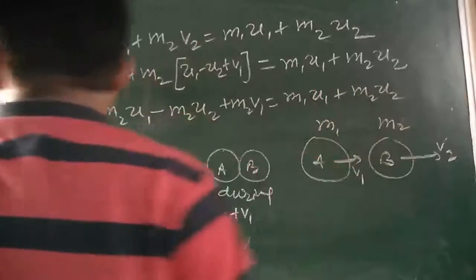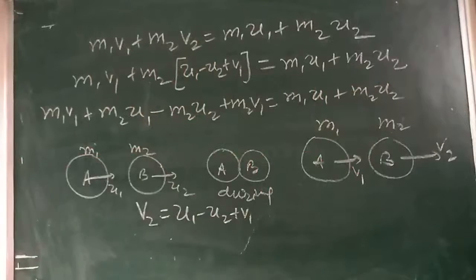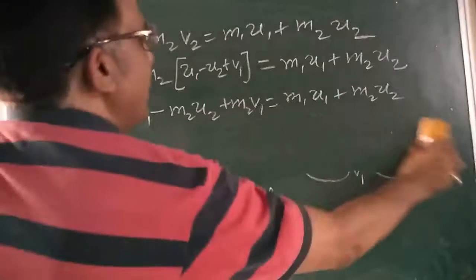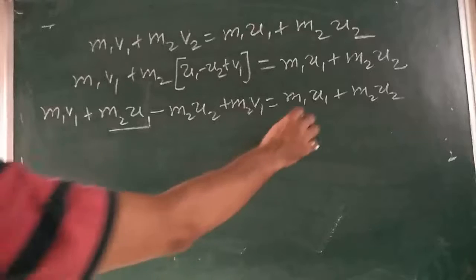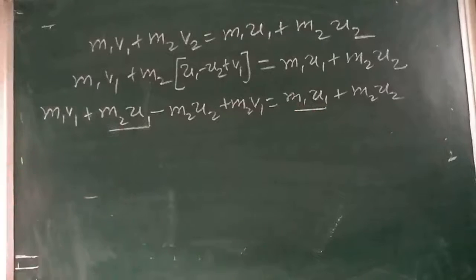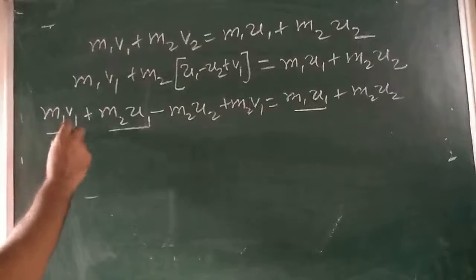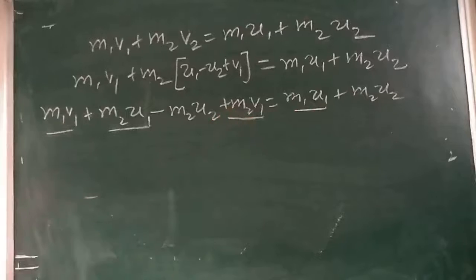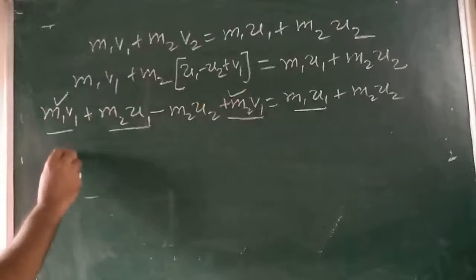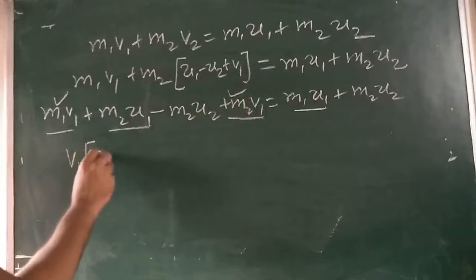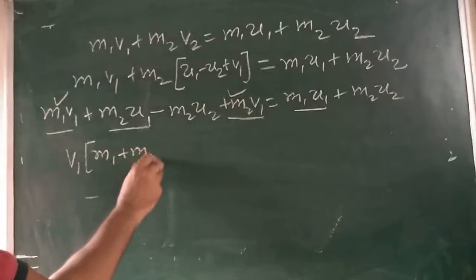Now then I can write here m2 u1, here is m1 u1. Here it is m1 v1 and here is m2 v1. So take common in this. So I can write v1 times m1 plus m2 is equal to